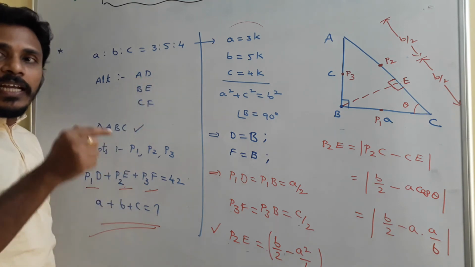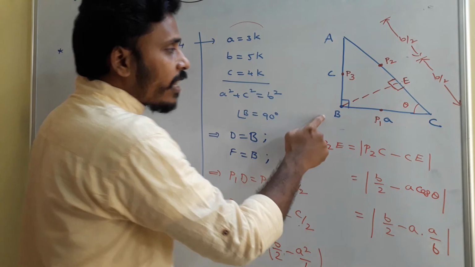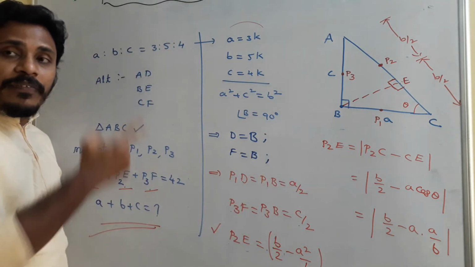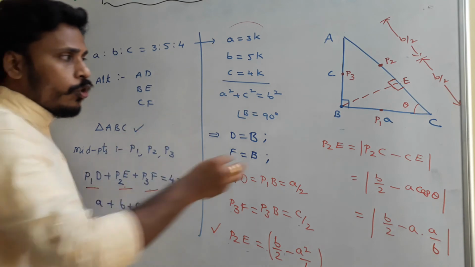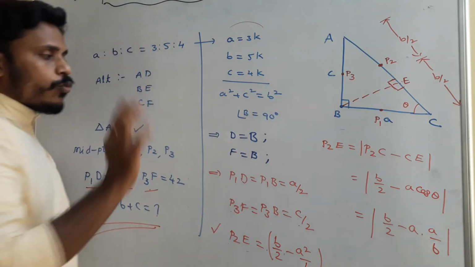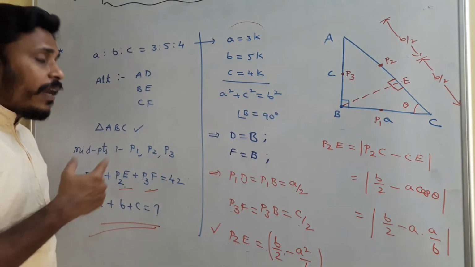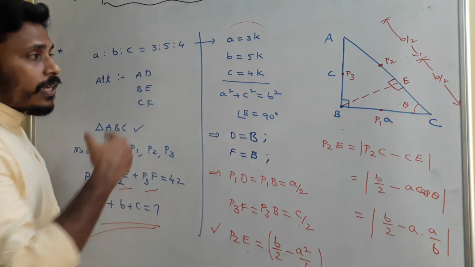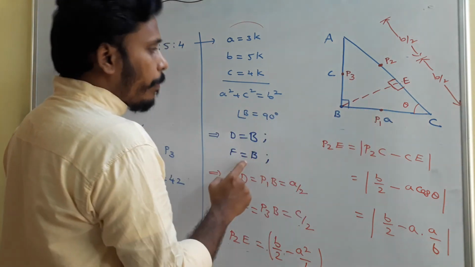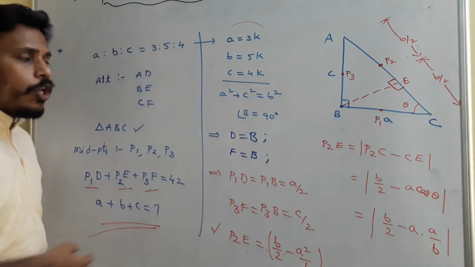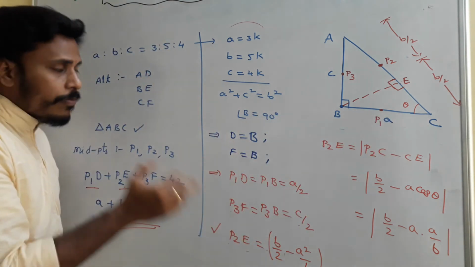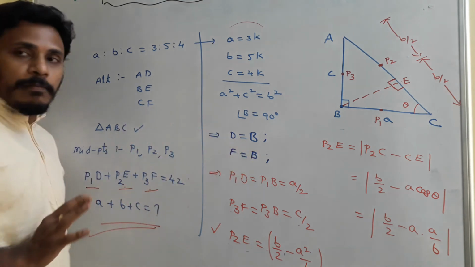are given it as AD, and already the diagram is saying it as AB. Okay, the given convention as well as the diagram, if you compare those two, this B will become D. That's what I am saying. And in the same way, F will become B, okay, why? Because CF is given, CB is perpendicular. So D and B are both same, F and B are also both same, okay.